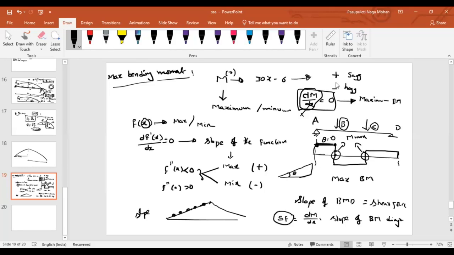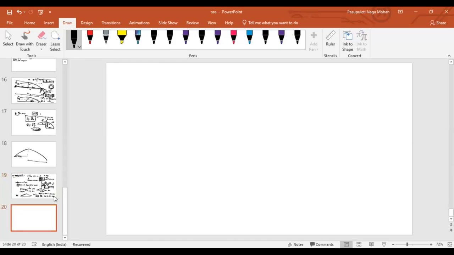Your shear force should be constant. See, that's what happens here. In between A to B, if you draw the bending moment diagram, it will be linear. If it is linear, the slope is constant. If the slope is constant, your shear force is constant. That means wherever your bending moment diagram is linear, your shear force diagram will be constant. If your bending moment diagram is of 2 degrees,